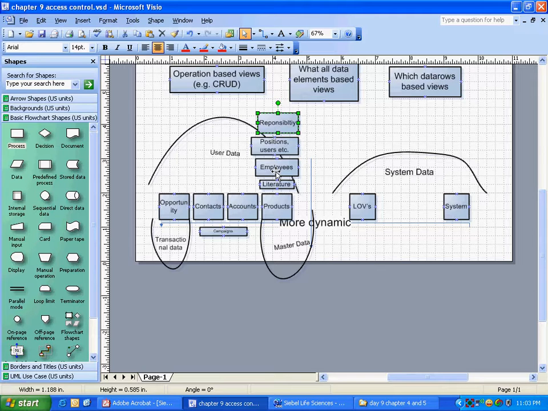Let me tell you how it works. Let's say I put the opportunity first, and then I put the account. So first I put the opportunity, but I cannot put the relationship to the account. So first I have to put the account. Then the account's row ID will be created. A new row ID will be created, like 1, 2, 3, 4 in Siebel. Then I will put it here in opportunity.